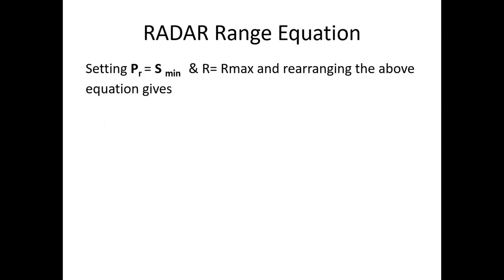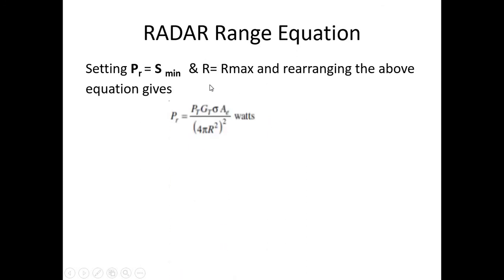So how will we calculate the range of a target? Until we get the echo signal, we will not be able to recognize the target or to find the location of a target. So what we have to do is we have to get at least some power from the target. That is called minimum power or minimum received power, also known as a minimum detectable signal. Minimum power the radar can detect gives you the maximum range.